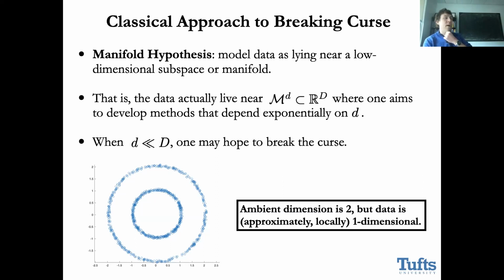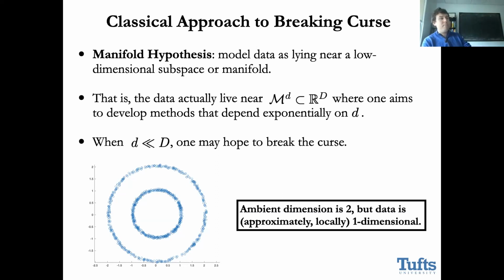And so what one would hope for is that if this manifold was low dimensional, then I could do all kinds of inference questions for my data where the number of samples I would need would depend crucially on the intrinsic dimension of this manifold. One could add some noise to this and say, okay, the noise is going to penalize me, but not too much. What I really care about is this intrinsic low dimensionality. The idea that you would model data this way and assume that high dimensional data sets have this kind of structure is the manifold hypothesis. This was and is quite a popular mathematical model for high dimensional statistics, mostly popular in the 2000s and 2010s.